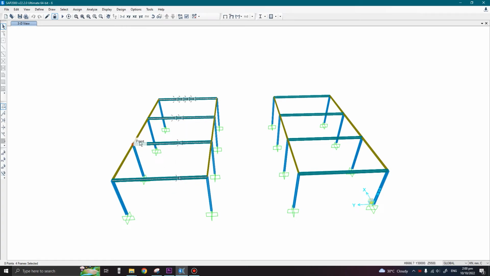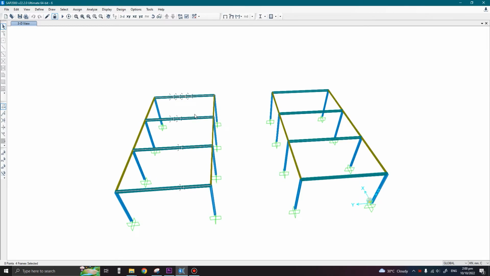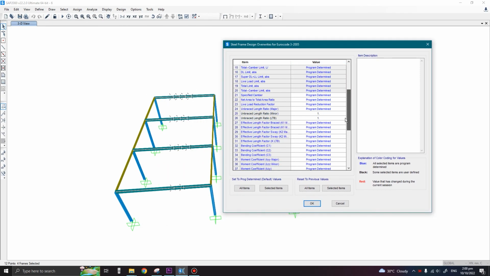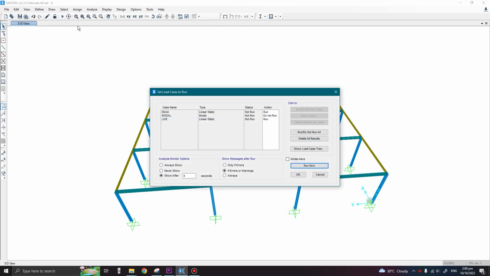ratio. Since we assigned our purlins at every 1 meter, after 3 purlins from this side and 3 purlins from this side, there will be 4 meters of distance in the center. So I'm going to select my members and change the unbraced length ratio to 4 divided by 10, which is equal to 0.4. So let's unlock the model, go to design, steel frame design, view revise overrides. Here we already input 1, so we are going to change it to 0.4 and 0.4. Click on OK, and now again run the analysis